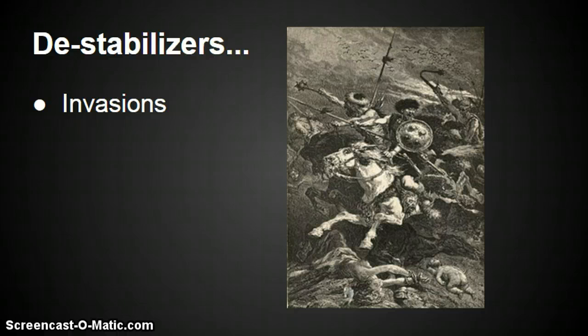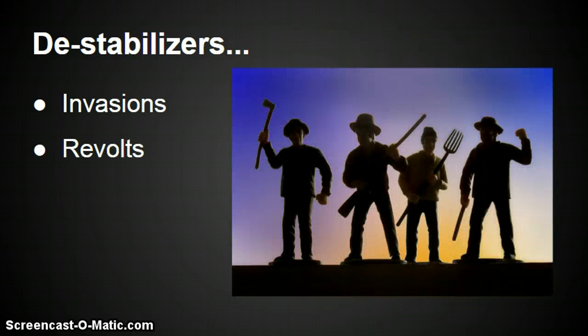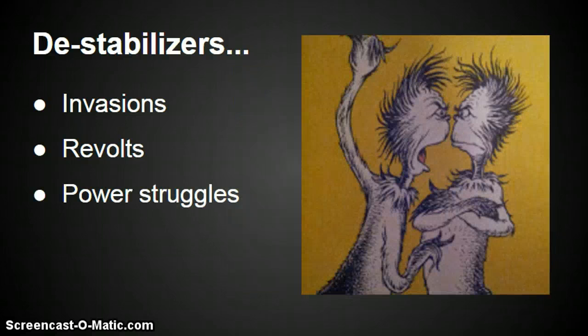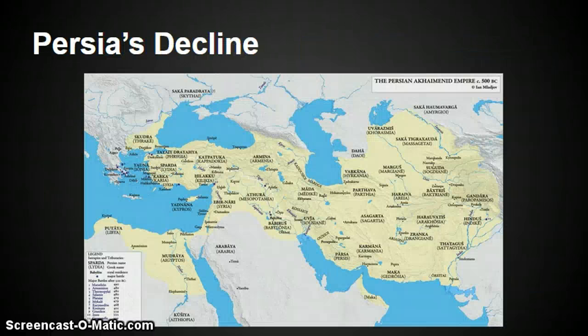Some problems that often affect an already weak empire are invasions from outsiders, like nomadic tribes or neighboring empires' armies, revolts and civil wars from dissatisfied citizens, and arguments between powerful people such as generals or wealthy bureaucrats about who should have the most power. Usually the fall of an empire is the result of a number of these factors coming together. Here are a couple of examples.